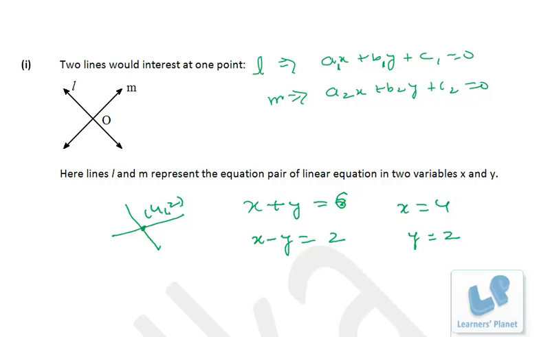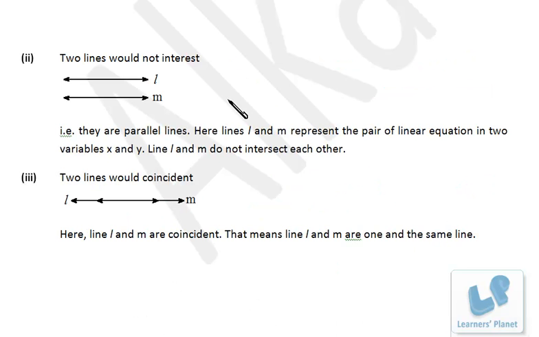Similarly, I have a set of lines, suppose 2x minus 3y is equal to 7, and 2x minus 3y is equal to minus 5. This is a set of parallel lines, right? These lines are not going to meet anywhere in the plane. So we cannot find any sort of solution for these lines. That means no intersection, and that's why there is no solution,